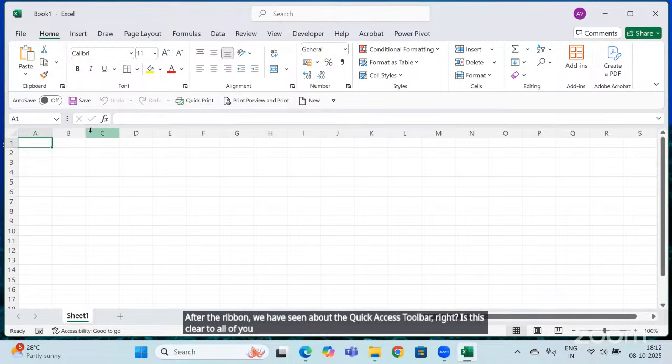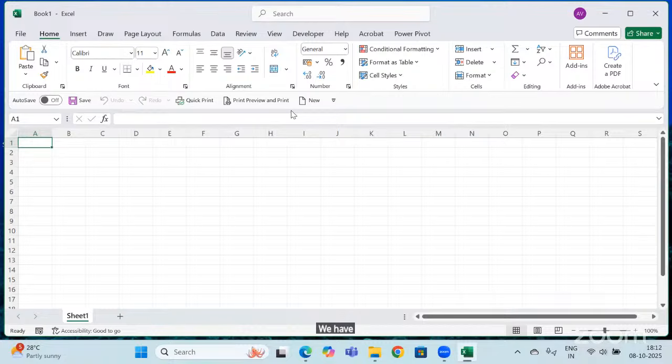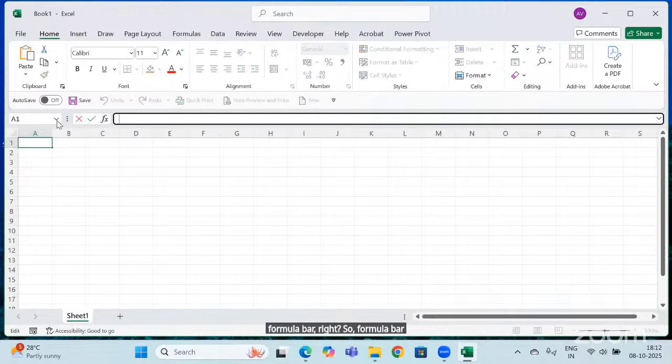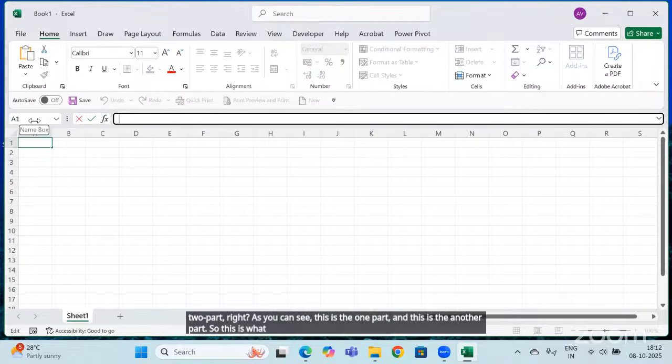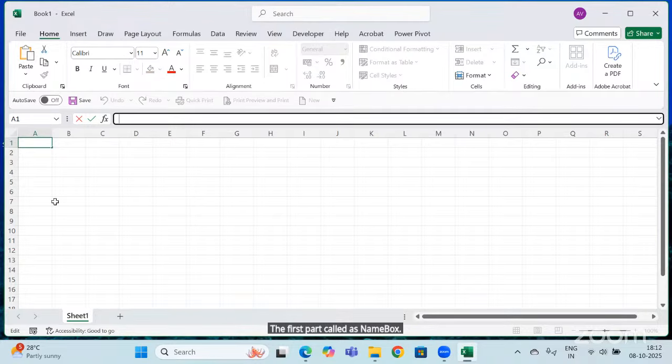Now, after this, what do we have? We have the formula bar, as you can see here. The formula bar itself has two parts. This is one part and this is the other part. The first part is called the name box. The name box tells you the name of the cell.